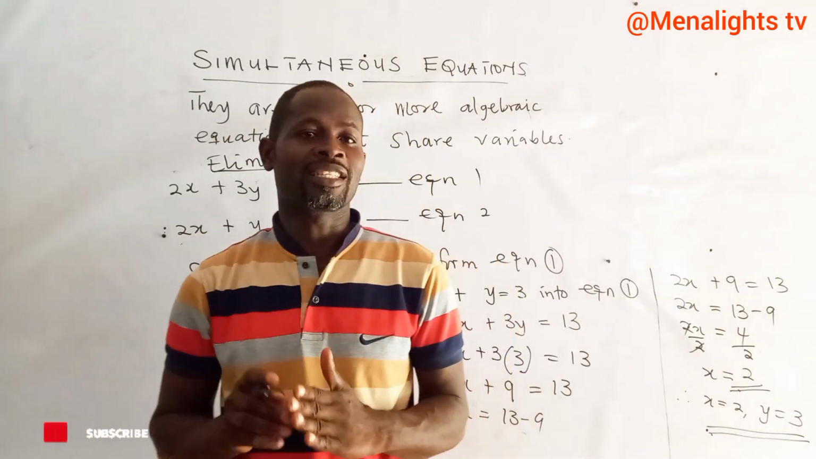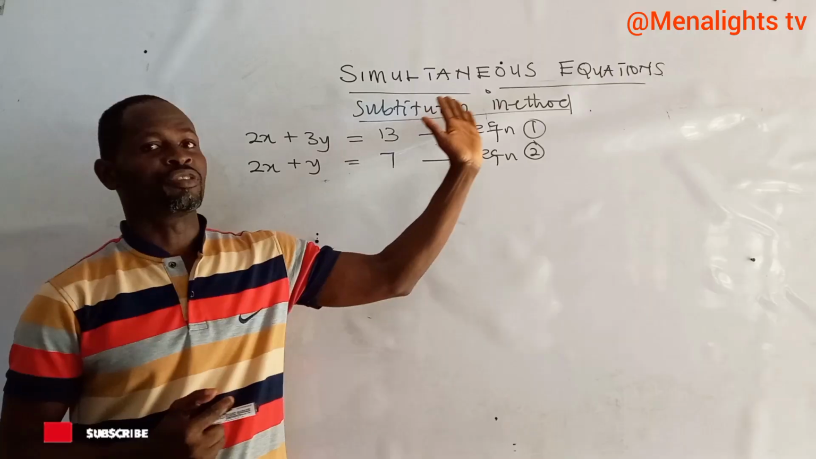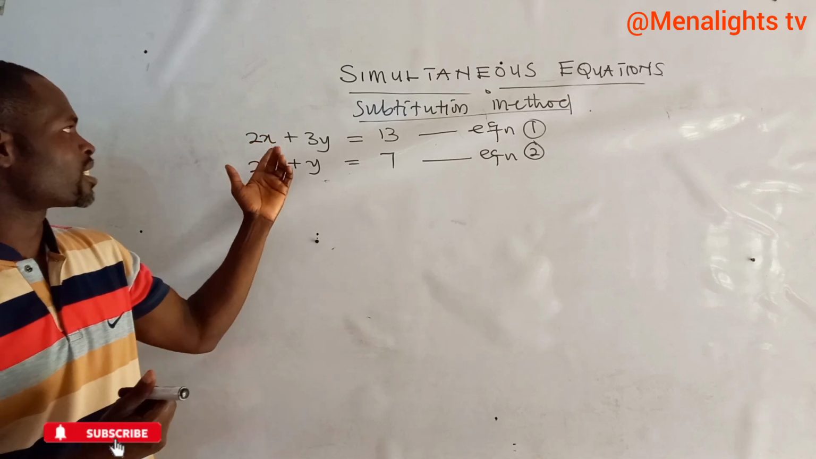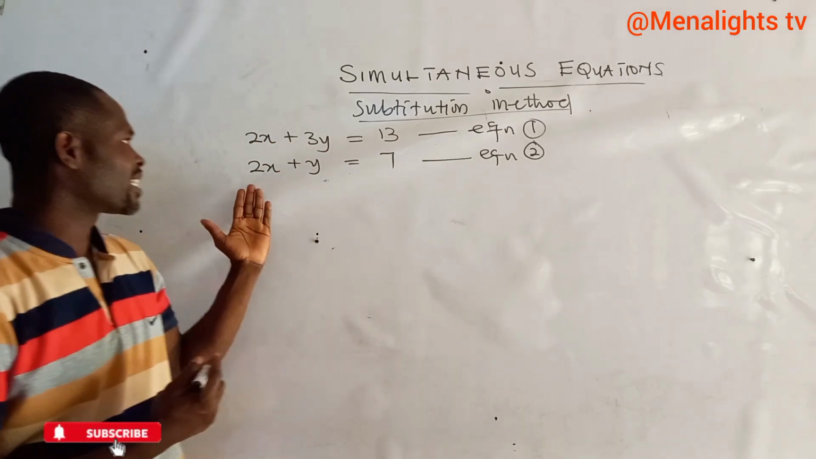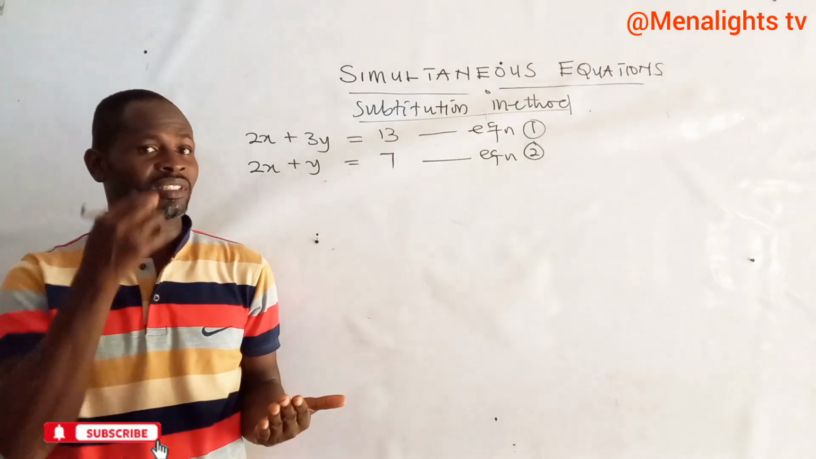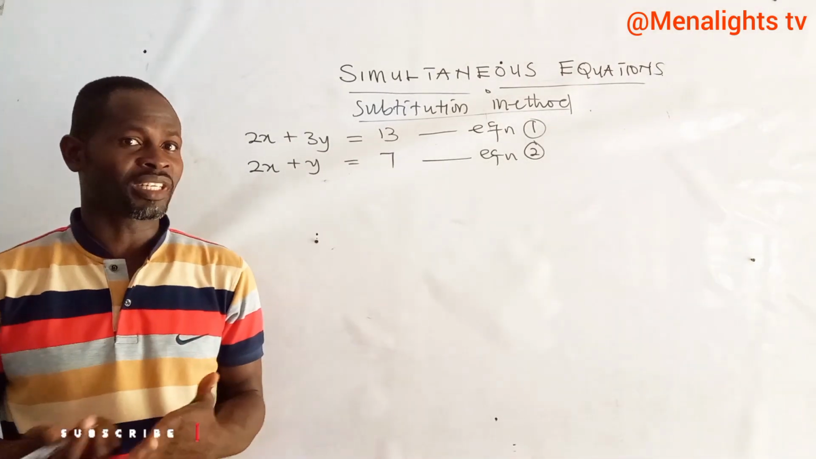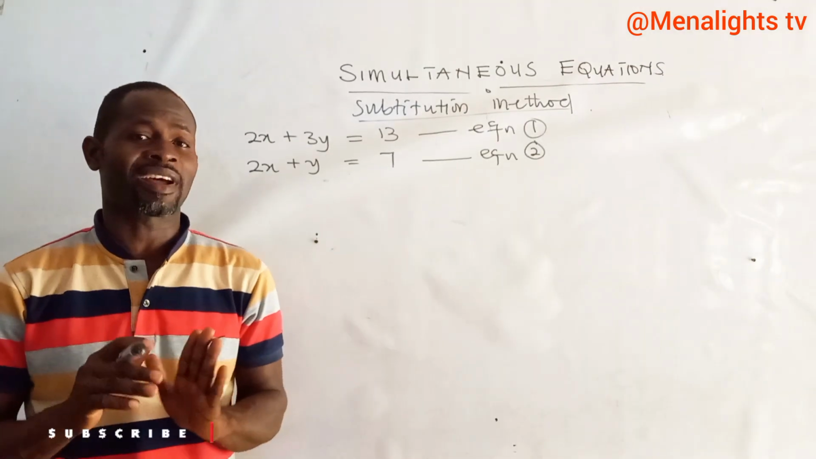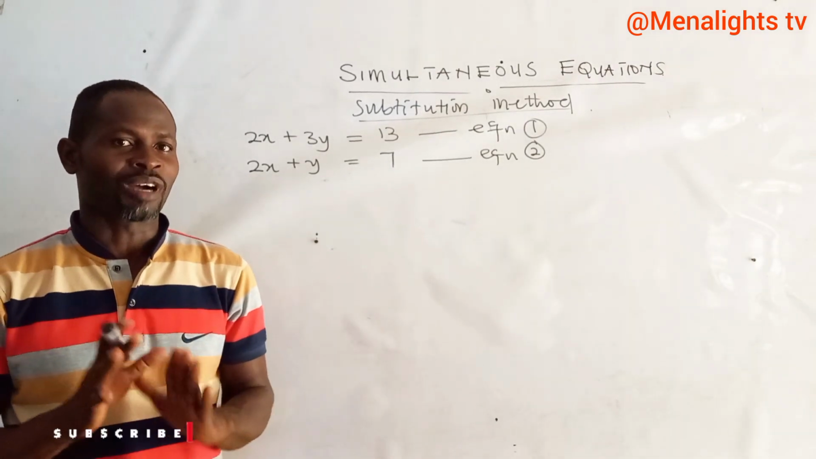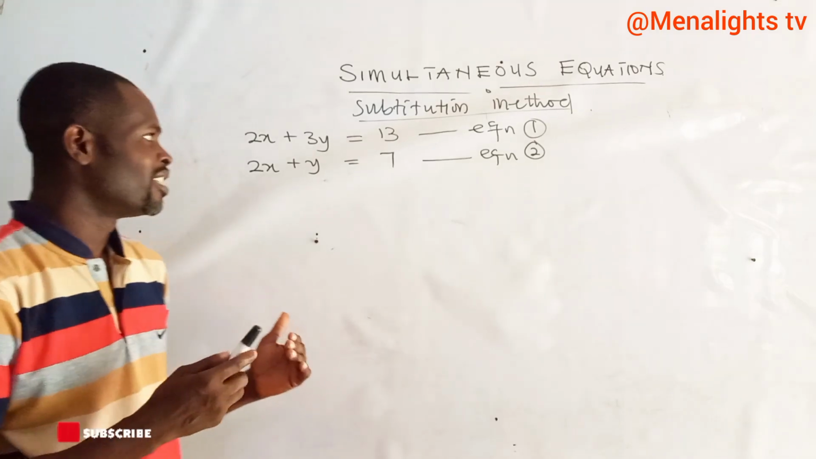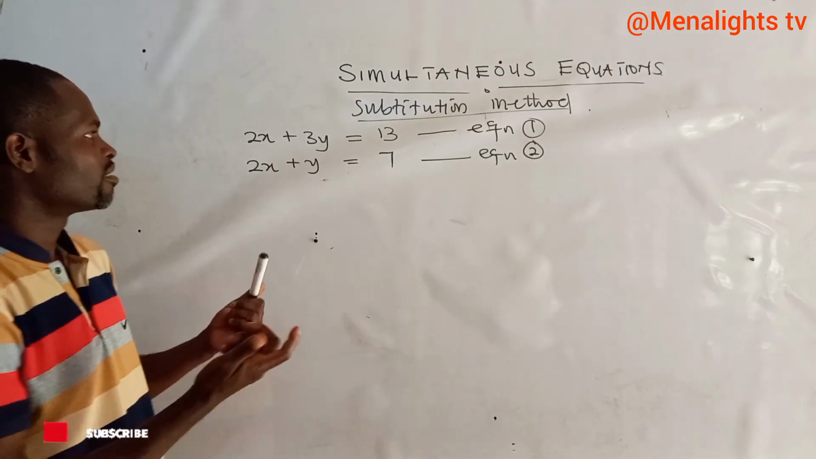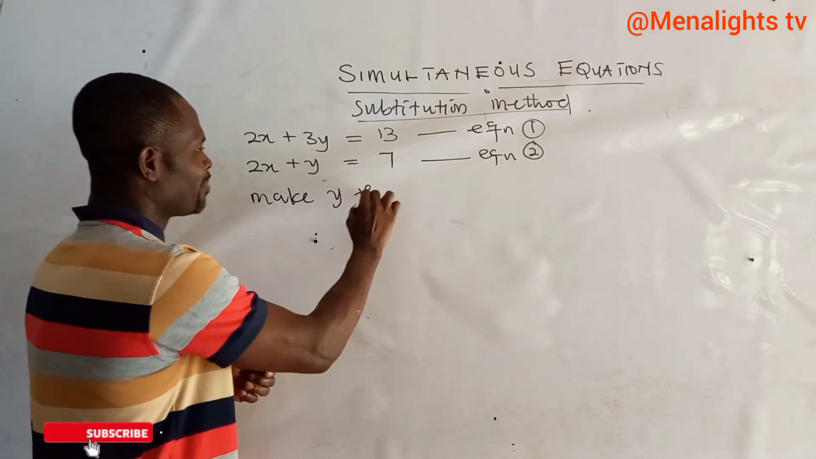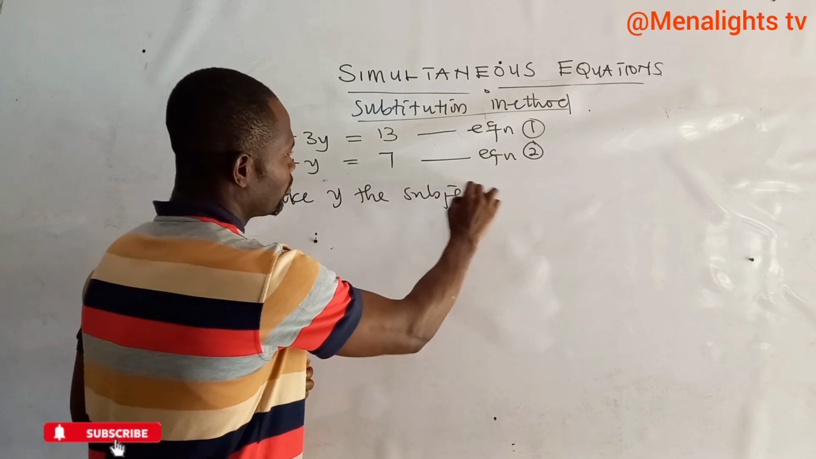Now we go and look at the substitution method as well. To use the substitution method, we have the first equation 2x plus 3y is equal to 13, and the second one, 2x plus y, which is equal to 7. Under the substitution method, what we have to do first is make one of the variables the subject. You are going to do change of subject here. So I will look at equation 2. I'll say make y the subject